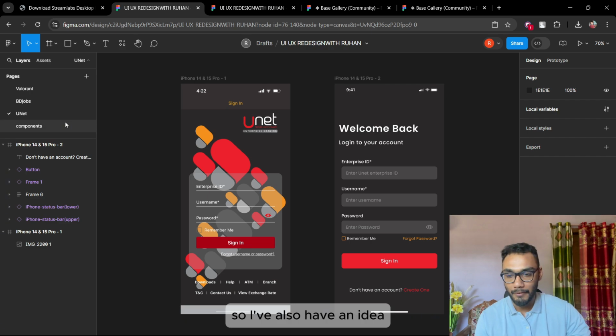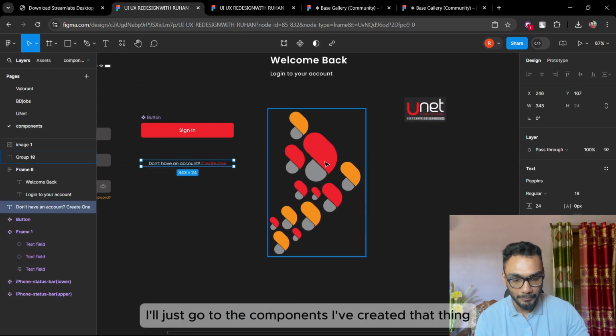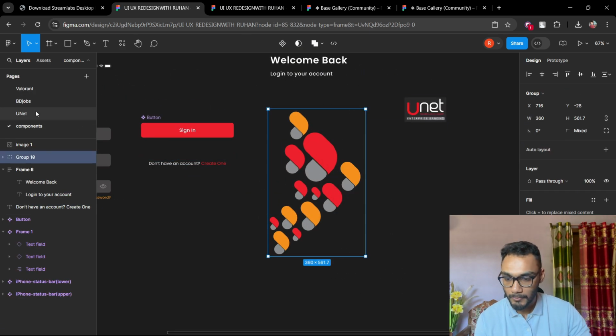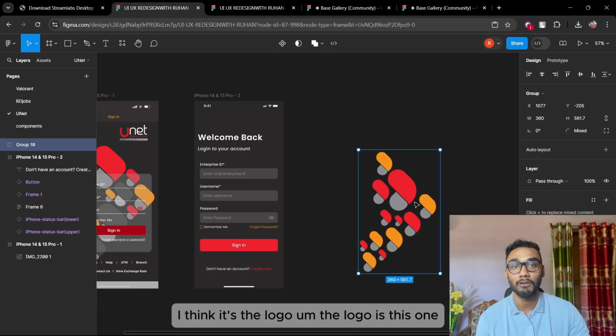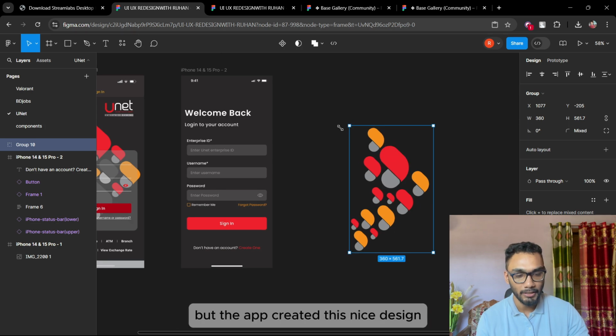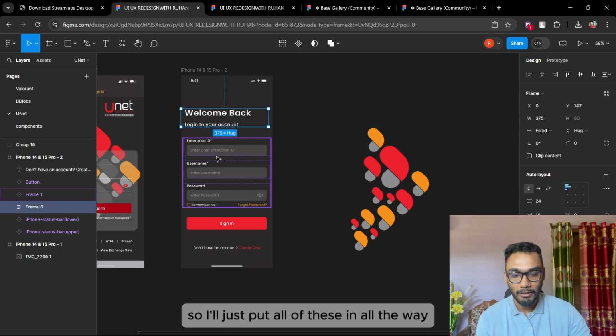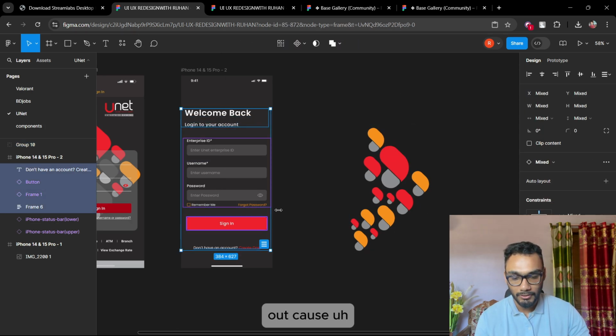So I also have an idea. I'll just go to the components. I've created that thing. So this is that thing, I just tried to make it. I think it's the logo. The logo is this one, but I've created this nice design. So I'll just put all of this in auto layout, because